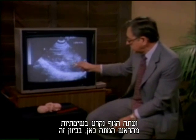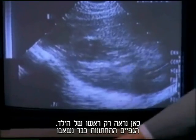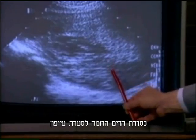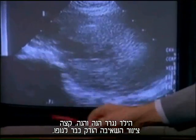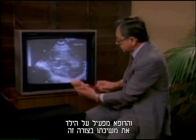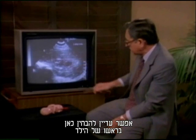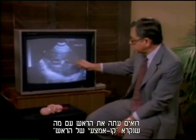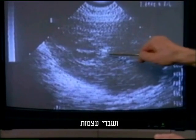The head of the child being in this direction here. I am now outlining the child's head. The lower extremities have already been lost, and we see the suction tip flashing from time to time in the screen as a typhoon-like series of echoes, and the child is being tugged back and forth as the suction tip has now been applied to the body, and the abortionist is exerting his traction on the child in this manner. The child's head is still discernible here. The body is no longer discernible. It has now been torn from the head. What we see now is the head itself with what is called the midline echo of the head, and the spicules or fragments of bone